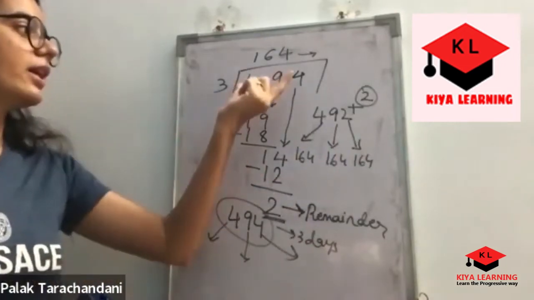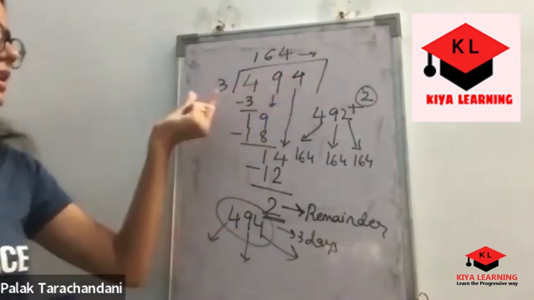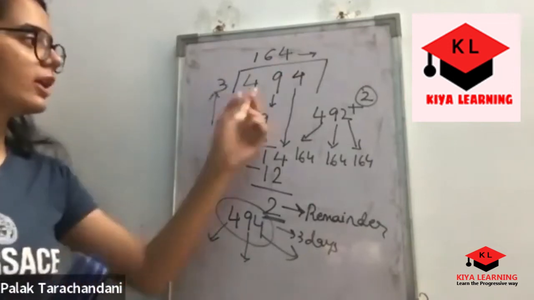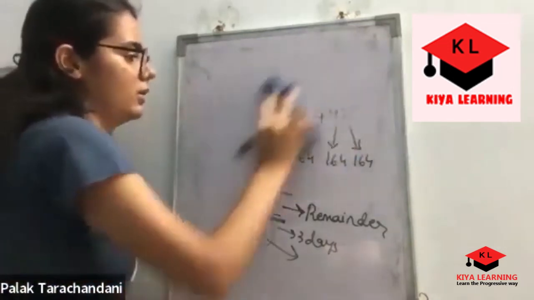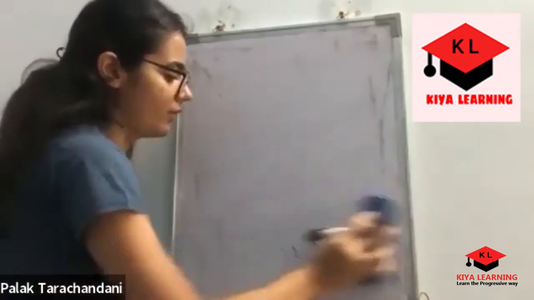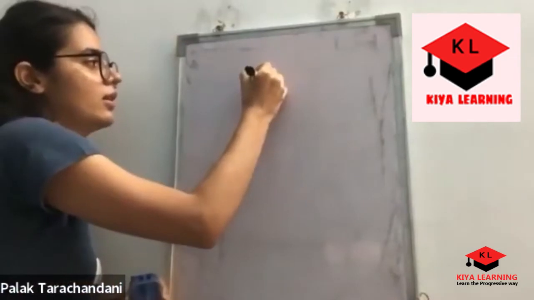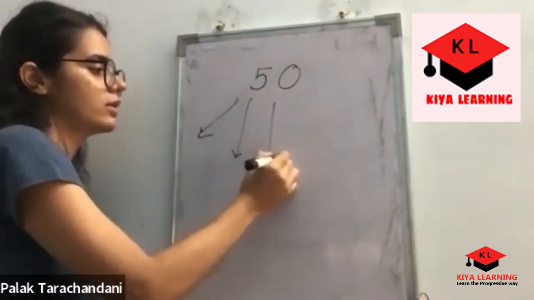So this is what division is. Whenever I tell you to divide a number by a certain number, that is the number of parts you're dividing your number into. Let me give you one example where you can be more clear. If I give you a number 50 and I tell you to divide it into 5 equal parts, what you'll do is,